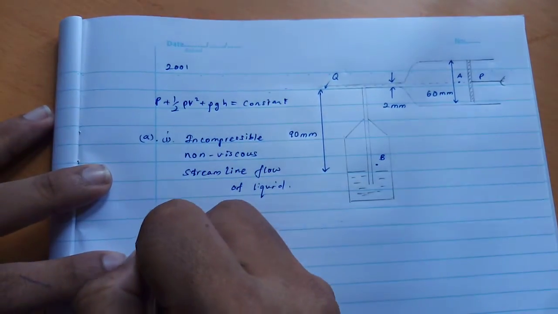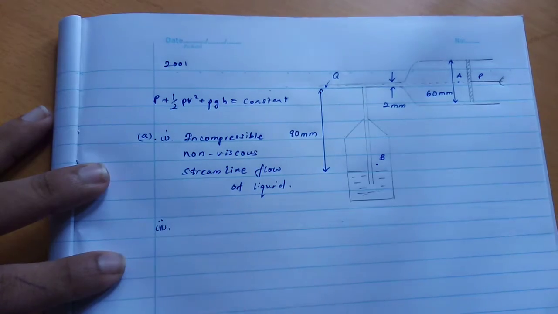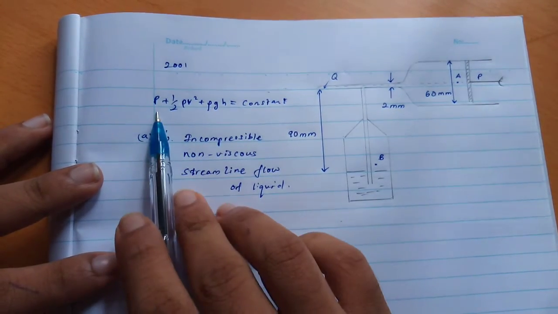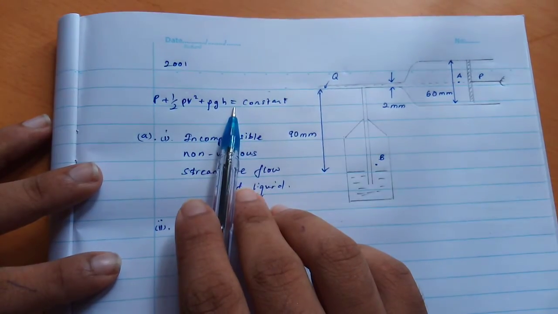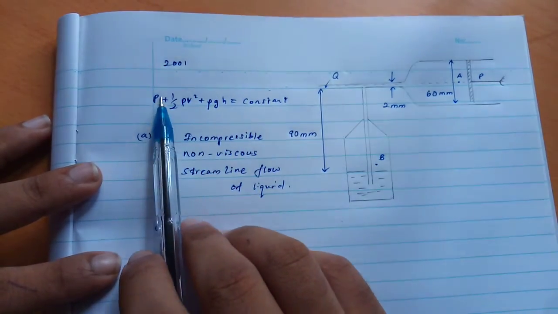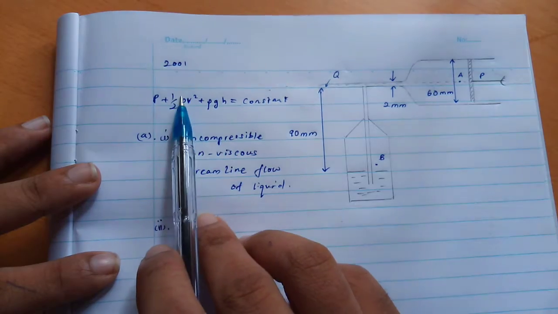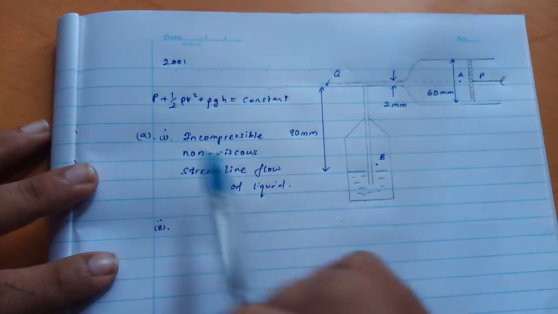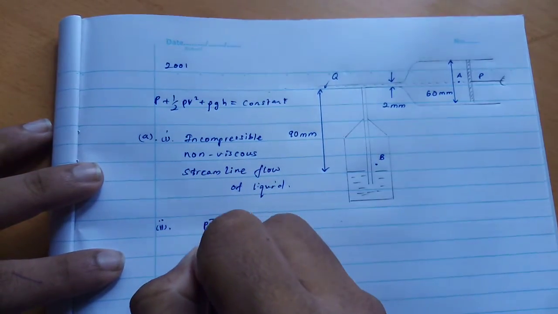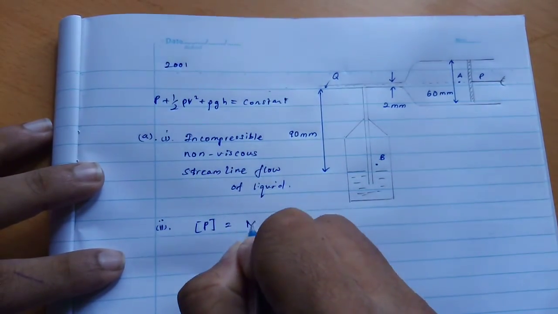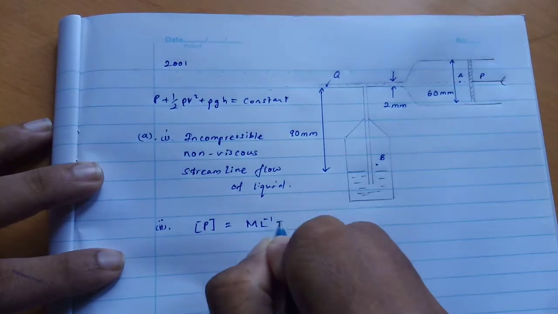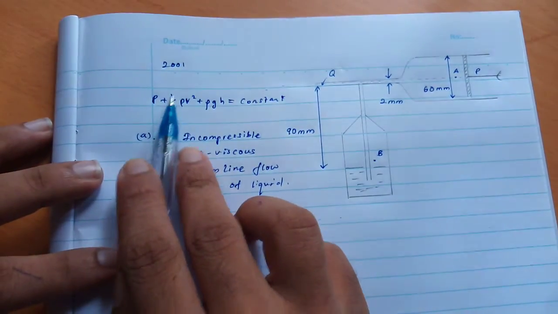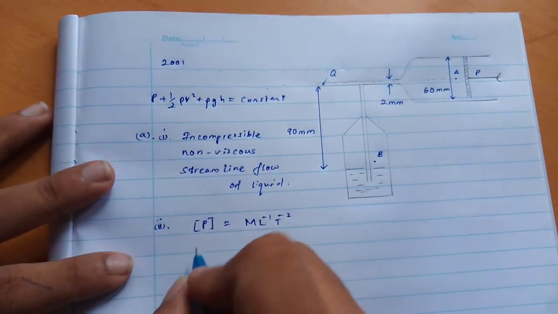Okay, and the Roman number 2: show that the above equation is dimensionally correct. So we want to show that this equation is dimensionally correct. That means the dimension of this term is equal to the dimension of this term is equal to the dimension of this term. So first I take this term, which is the pressure. The dimension of pressure we know is M L minus 1 T minus 2, right? Okay, and now we'll consider the dimension of this term,